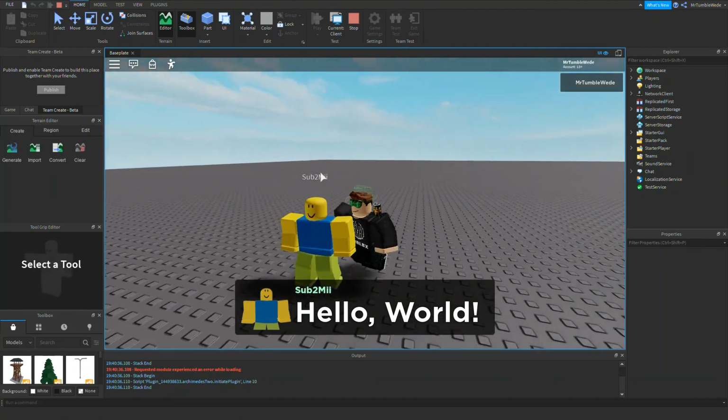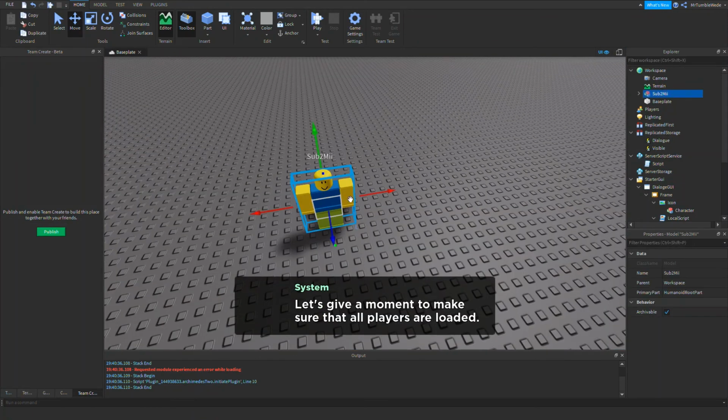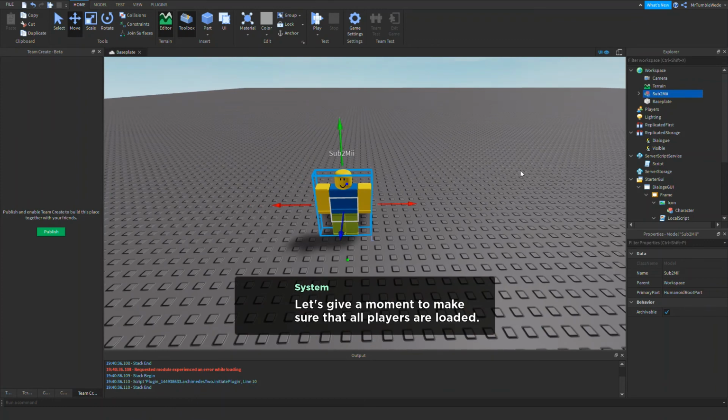The reason why the height looks different is not because of the viewport frame, it's because of this NPC. The difference between an actual character and the NPC is that this one does not have the body depth scale, the body proportion type is R15, body height scale, body head scale, stuff like that.